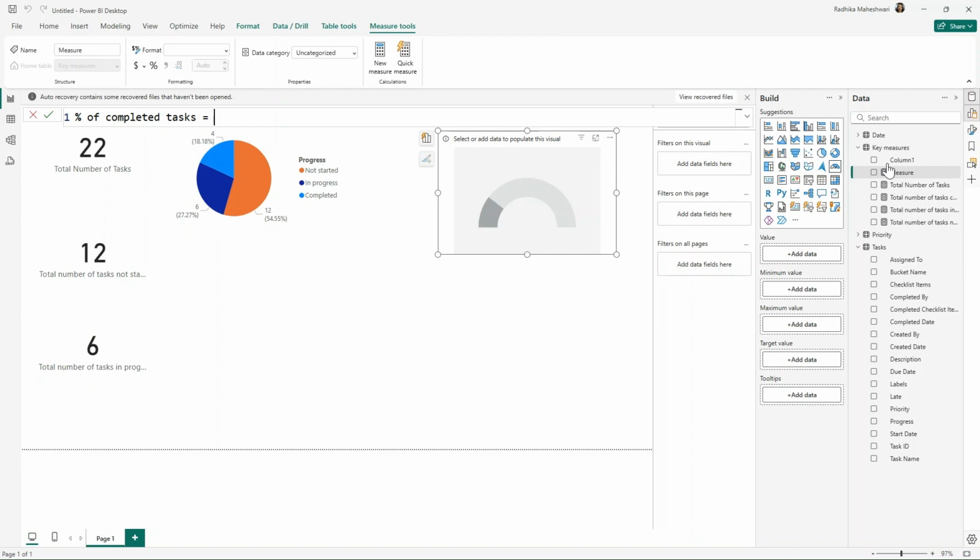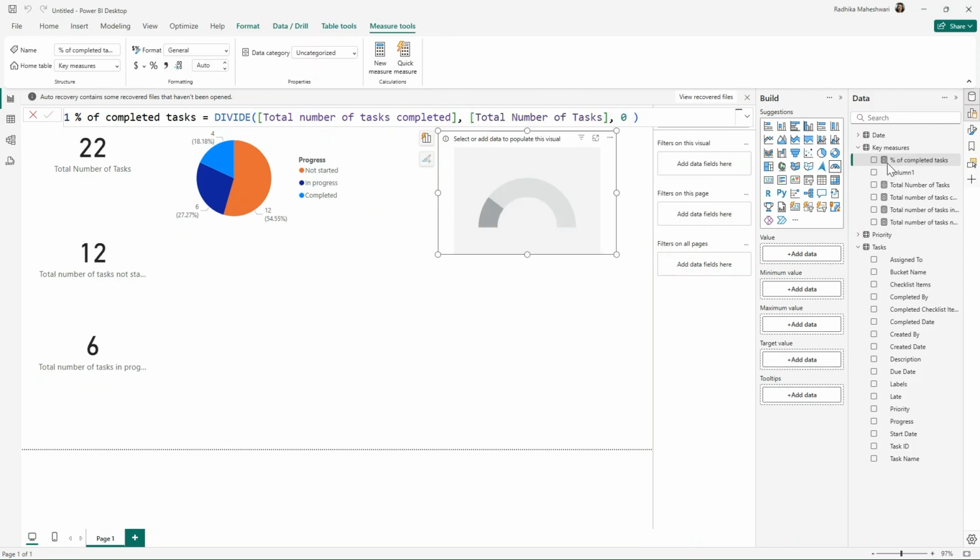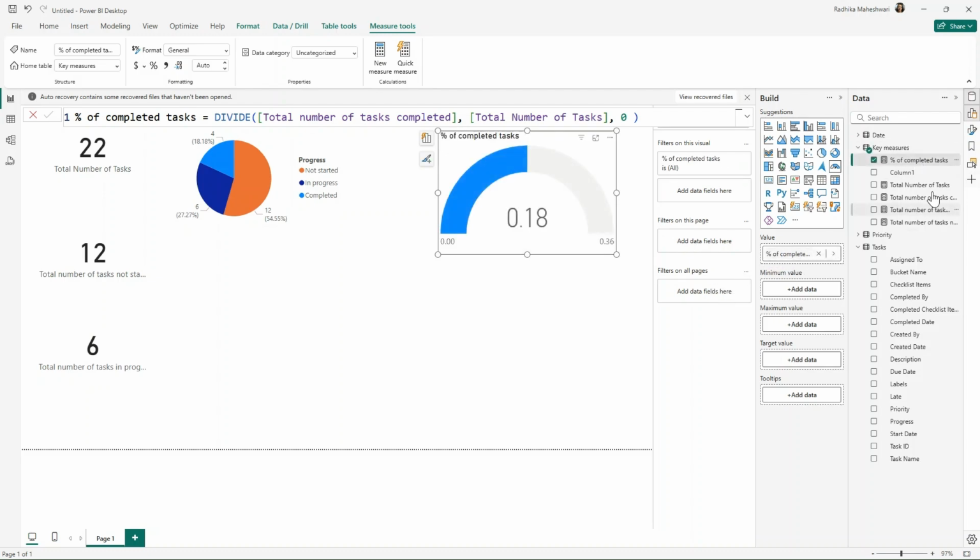That will be equal to, we just need to divide the completed tasks by the total number of tasks, and alternate result is 0. And I'm just going to bring this measure into values because it is a percentage. So let us just format this as a percent with 0 decimal places.